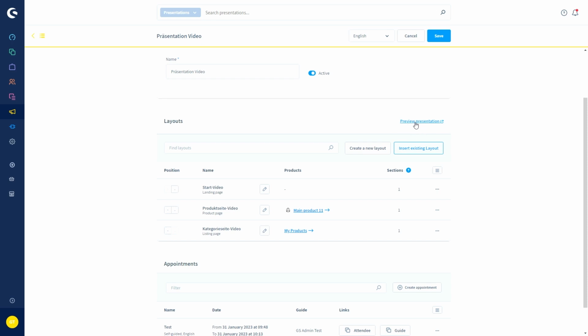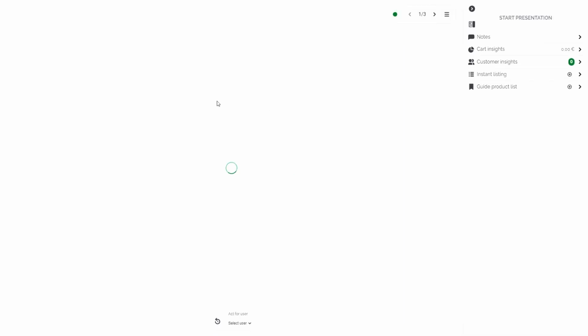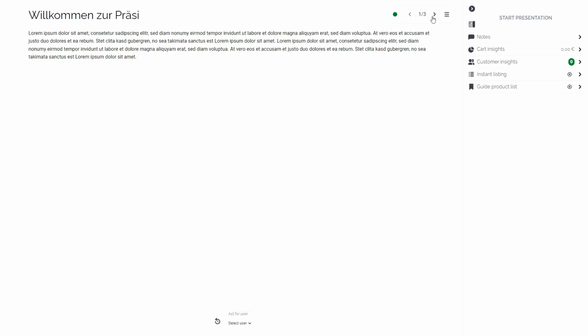So if you just want to have a look at your presentation, how it looks at that point, you can press this link, and then you will be guided to another tab. And just skip through your presentation to have a look at it. So you don't have to open every single page here. I'll just click on here, and then you get guided to your presentation where you can then skip through it. So just use the preview presentation as a quick view, for example.